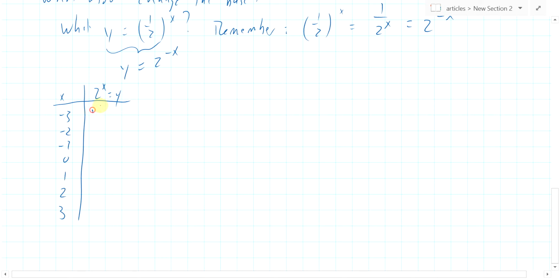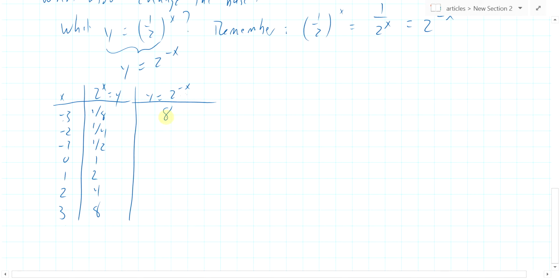And that was 1/8, 1/4, 1/2, 1, 2, 4, 8. So 2 to the minus x, what does that look like? Well, 2 to the minus x, if we plug in x equals minus 3, what do you get? You get 2 to the minus 3, that's 2 cubed. So actually, when x equals minus 3, 2 to the minus x will be 8, because you're plugging in